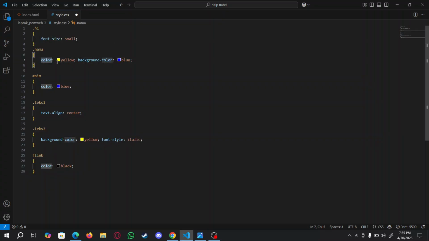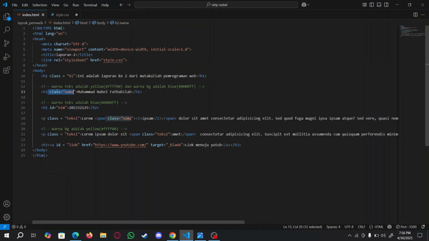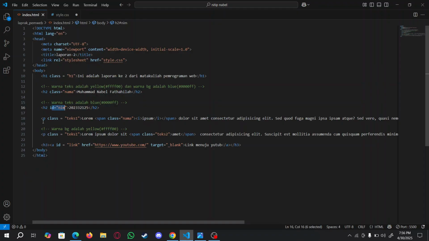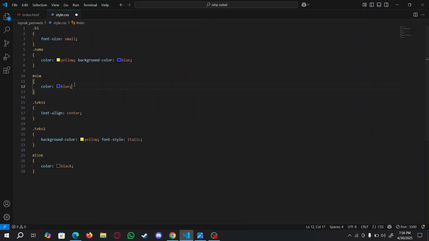I added color yellow and gave it background color blue. For the next line, id name, I gave it a style of color and changed it to blue. And for the next class, which is text1, that I used right here and right here, I gave it a text align and made it centered.